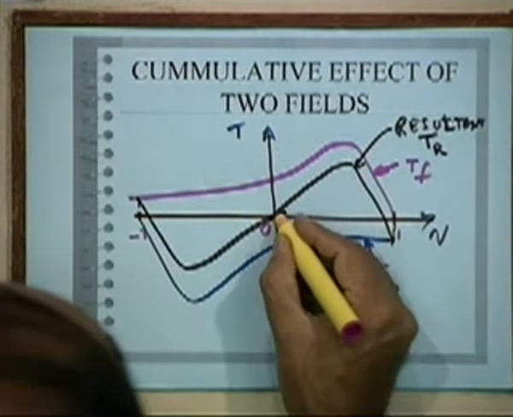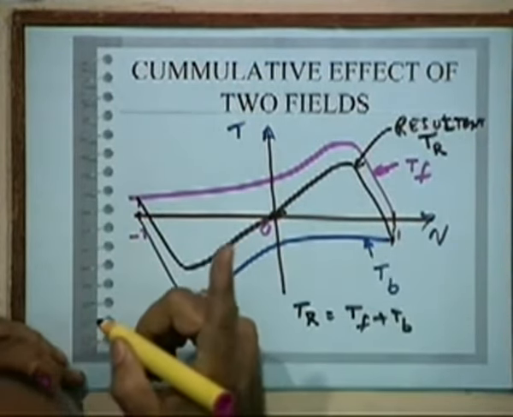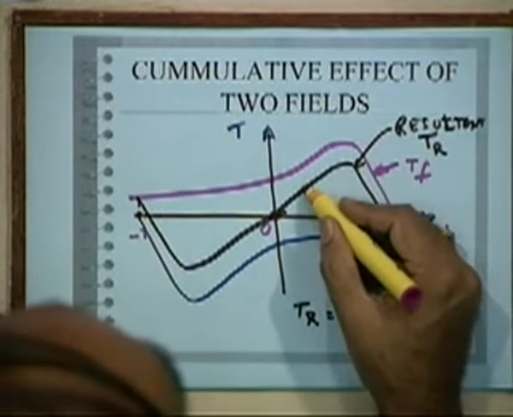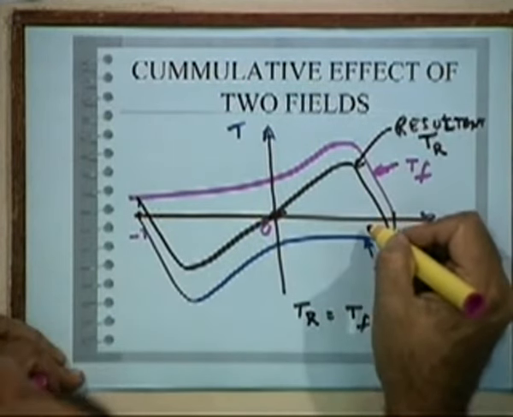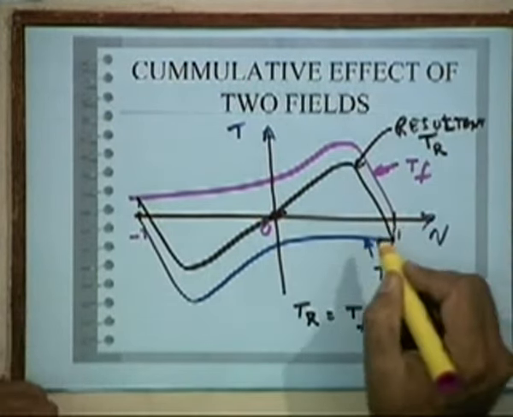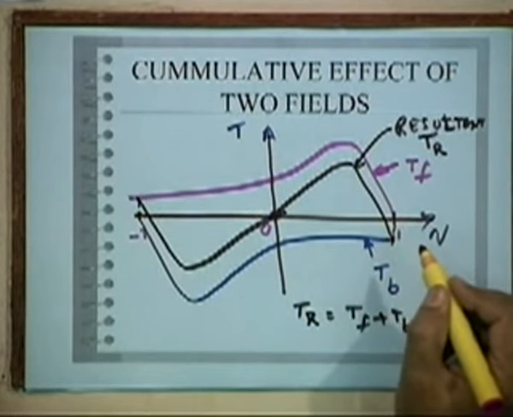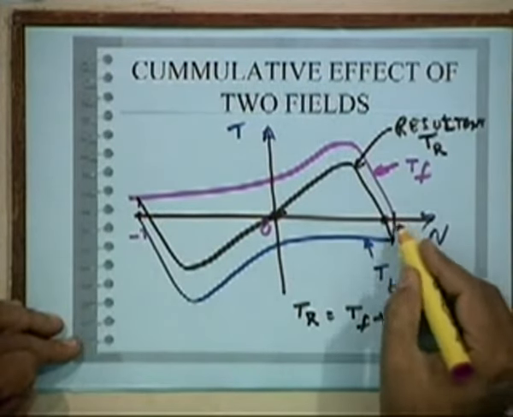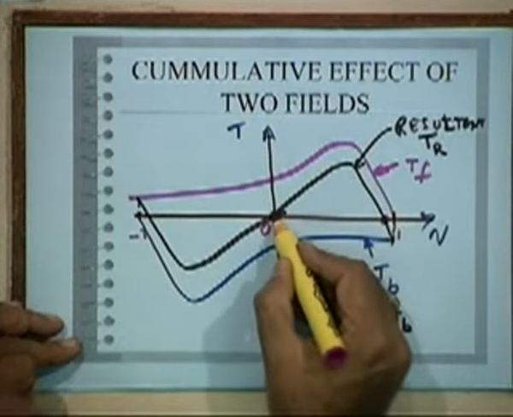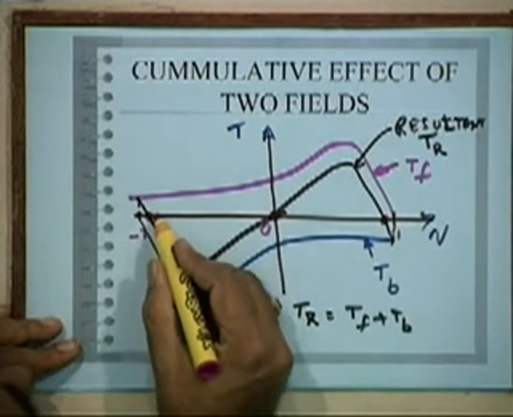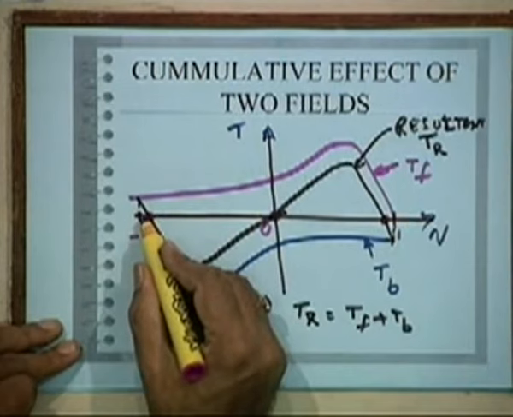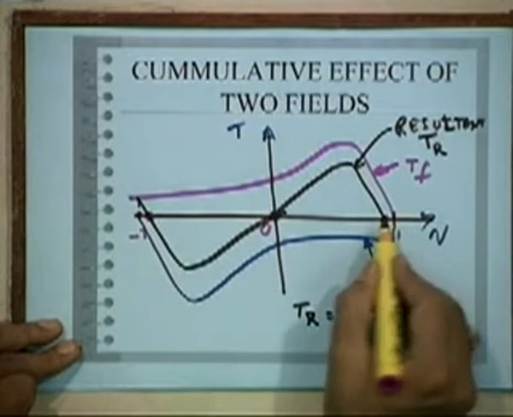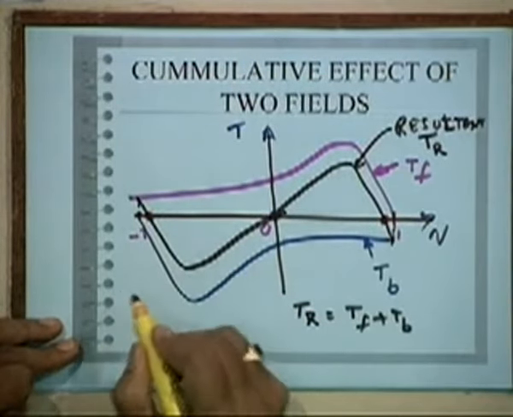One is that there is no starting torque. Starting torque is 0. Once you start, there is a non-zero torque at all other points. And where it has 0 torque, is it at synchronous speed? No, it is not at synchronous. It is at something slightly less than synchronous speed here. So there is a 0 torque point here, and there is a 0 torque point here. This also is not at minus synchronous speed. It is slightly more than the minus synchronous speed. Okay. Therefore, these are the characteristics that you will find.